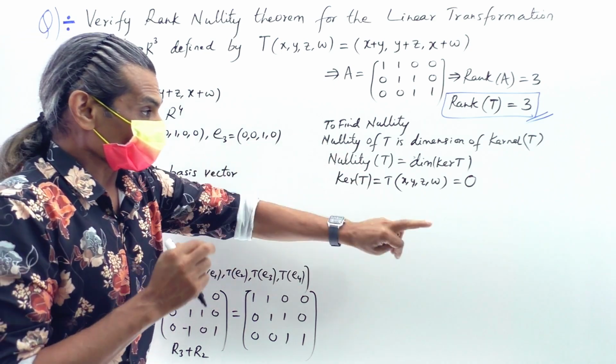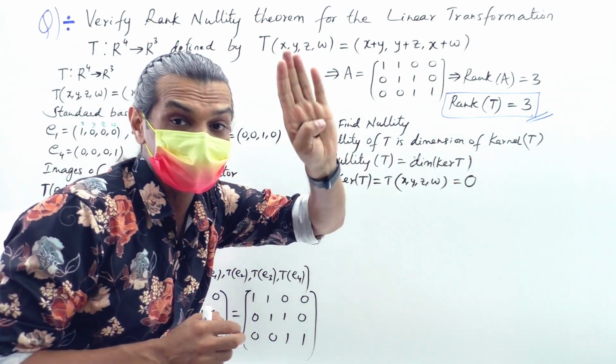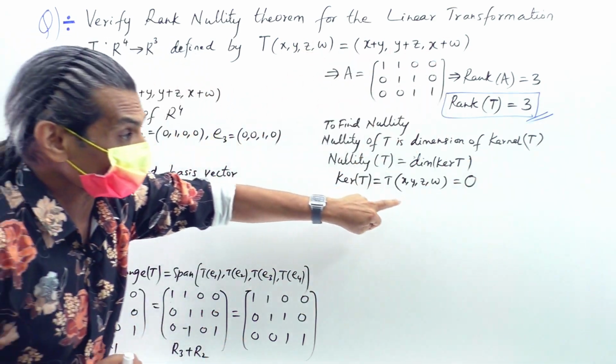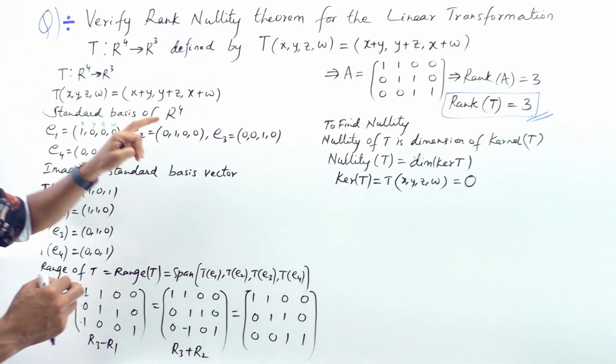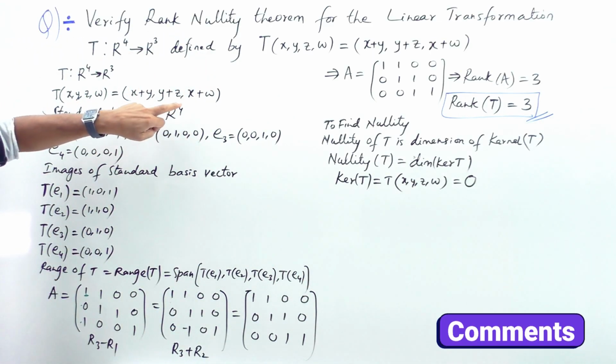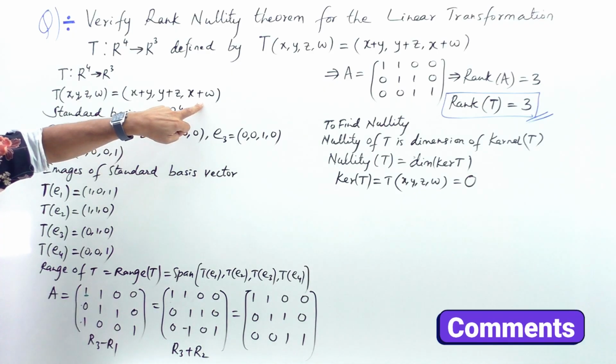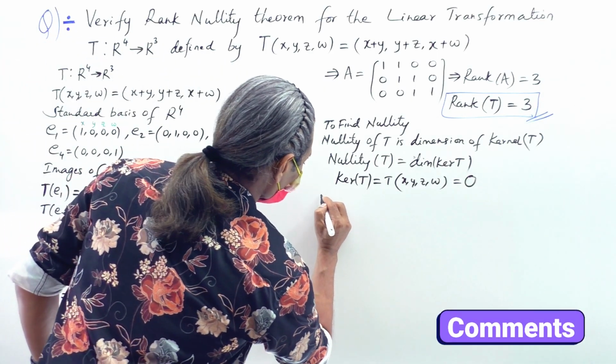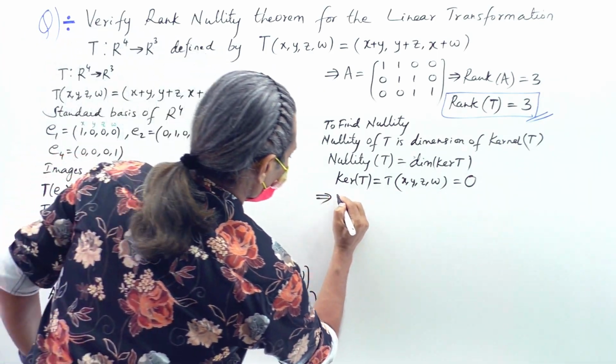That means T(x, y, z, w) is equal to 0. What is T(x, y, z, w)? It's (x plus y, y plus z, x plus w), and that is equal to 0. So it implies we have x plus y,